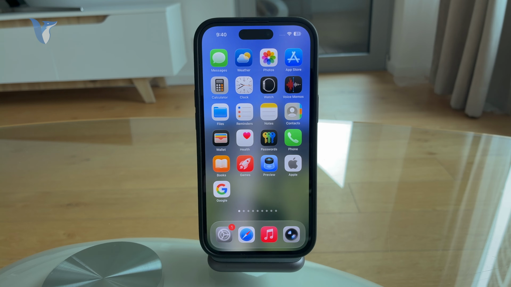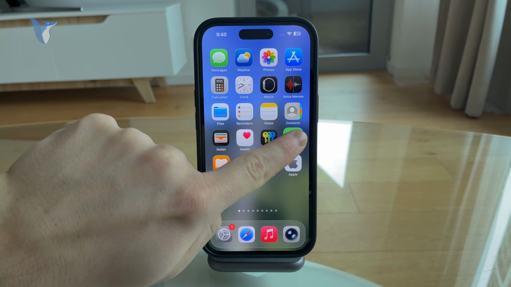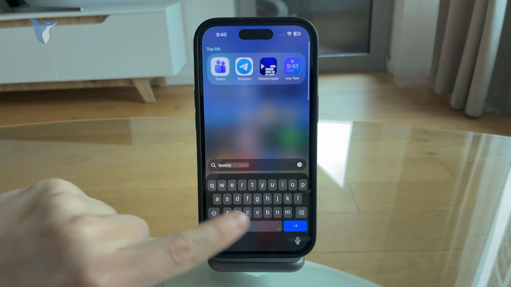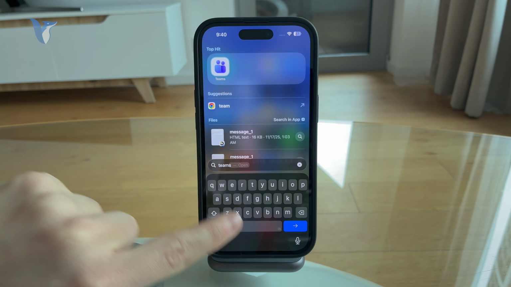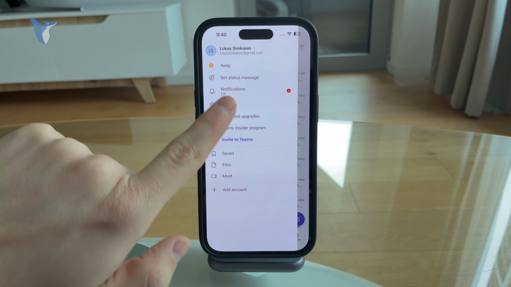Anyways, the Microsoft Teams app is a great app for meetings, but the call history tends to appear inside of the Apple phone app. And if you don't like that, you can actually check out the Microsoft Teams app, open it up and tap on your profile by clicking on your profile picture or the icon right there in the corner. More things are gonna appear, and essentially we want to find the settings menu within this